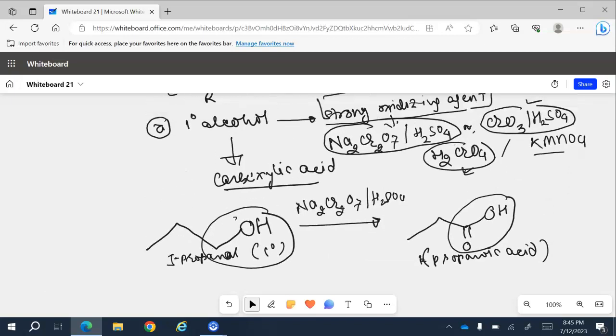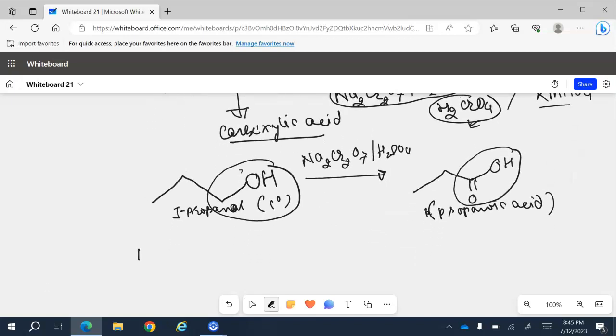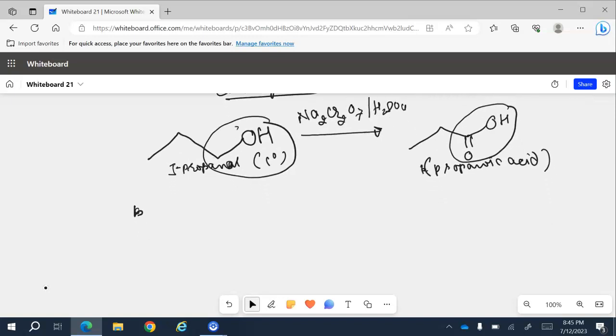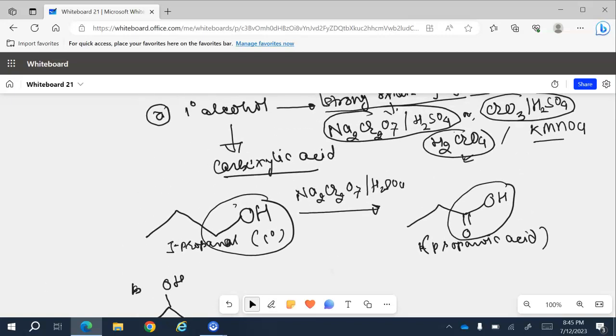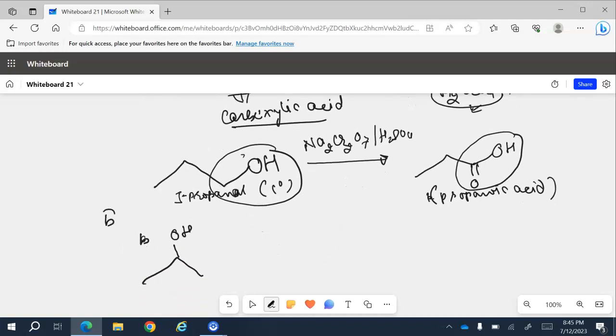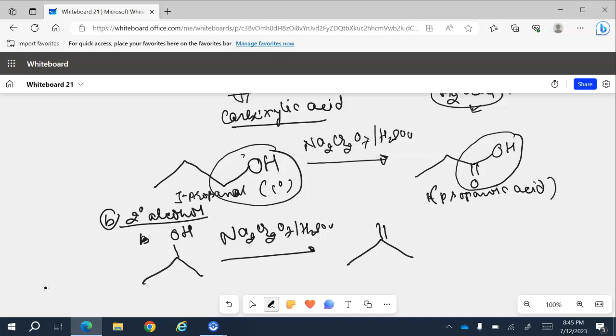Okay, let's give some other example. Number B, if we use a secondary alcohol, say for example here 2-propanol. This is number B for the secondary alcohol, and use again this strong oxidizing agent, right? You can say again sodium dichromate in sulfuric acid, or any other oxidizing agent. So this will be converting into a ketone. Okay,